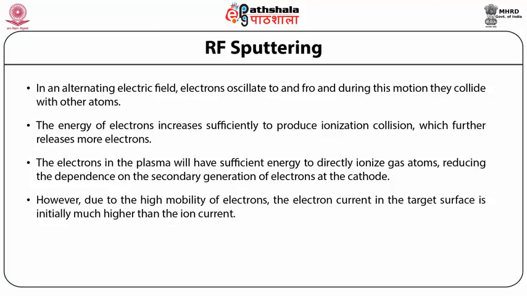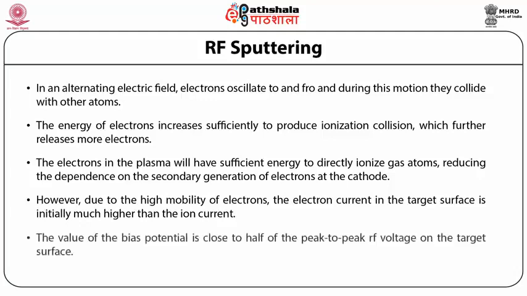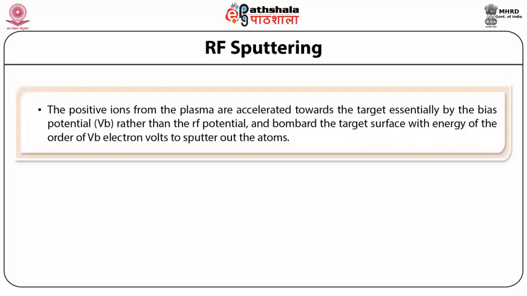However, due to high mobility of electrons, the electron current in the target surface is initially much higher than the ion current. This results in a fixed negative DC bias on the target with respect to the plasma. The value of the bias potential is close to half of the peak-to-peak RF voltage on the target surface. The positive ions from the plasma are accelerated towards the target essentially by the bias potential VB rather than the